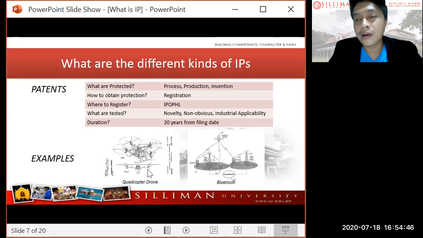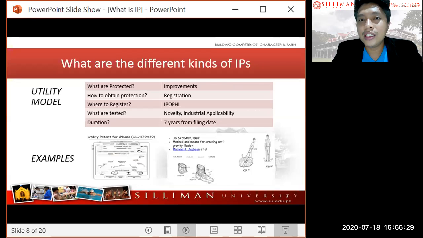So what does it mean if you have seen this patent information? It means that you cannot use, produce, manufacture, or market such invention because such invention is still patented. The IP belongs to somebody or a company. So you cannot produce a similar project or similar invention if it is still under copyright protection or patent protection.